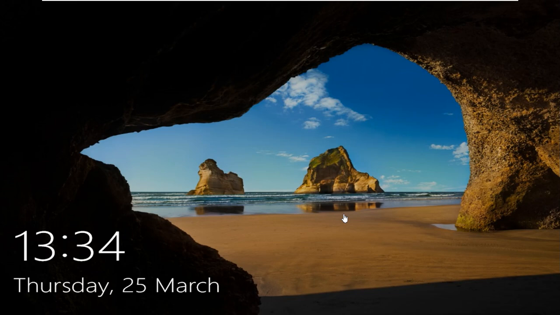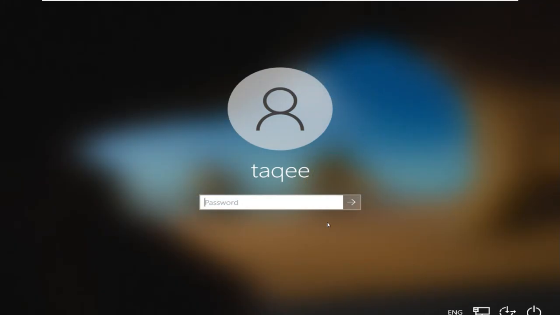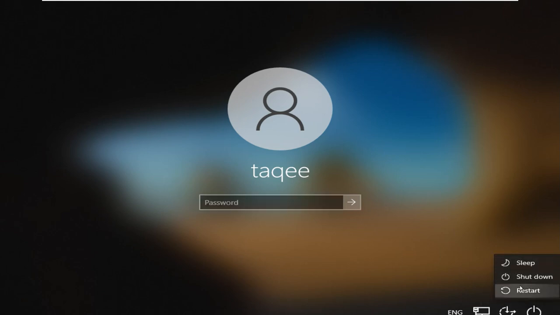When you start, first it will show you this welcome screen. You have to click enter, and then you can log in here. This is the login screen, where you can see the user account. There is only one account, so it is showing that account. If you have multiple accounts, it will show them on this side, and you can use another one. But right now we have only one account, so it is showing that account and asking for the password. On this side you have options to change the language setting, connect to the internet, accessibility options, and power options. The power option lets you shut down, restart, or put your machine to sleep.